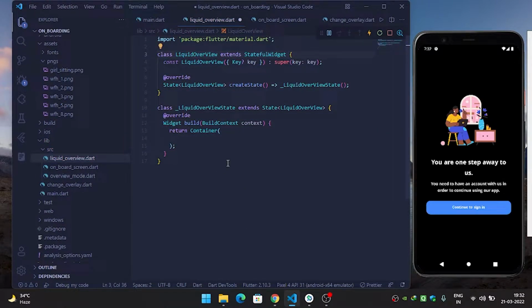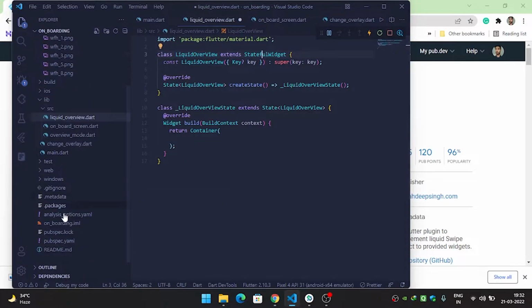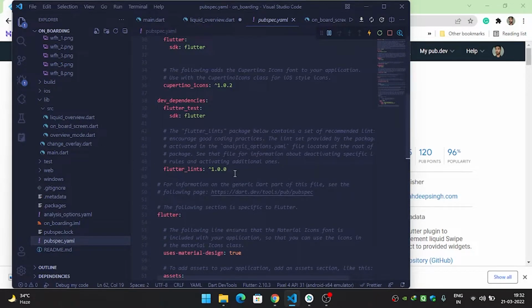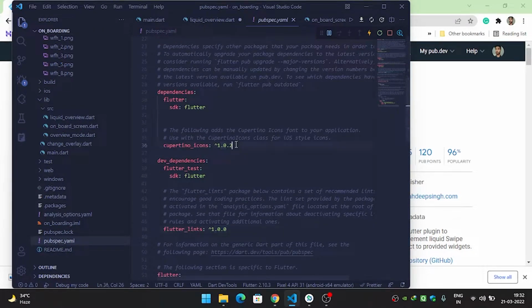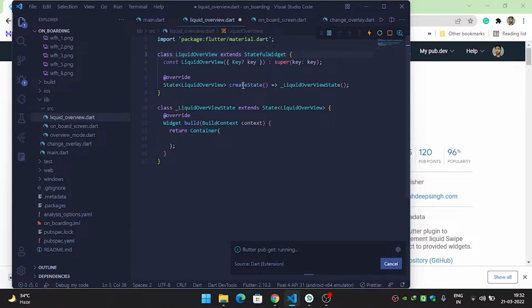To use liquid swipe animation, we need to add a liquid swipe plugin to our pubspec.yaml. So let's add it. Here we will add the liquid swipe and then refresh or save. After this, save it,